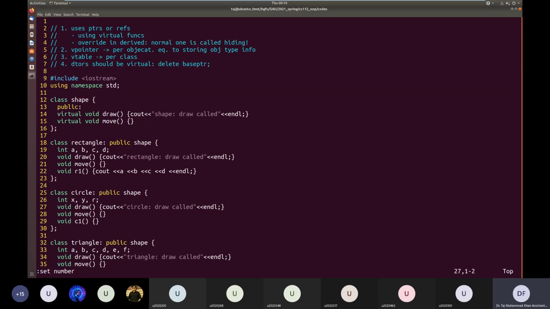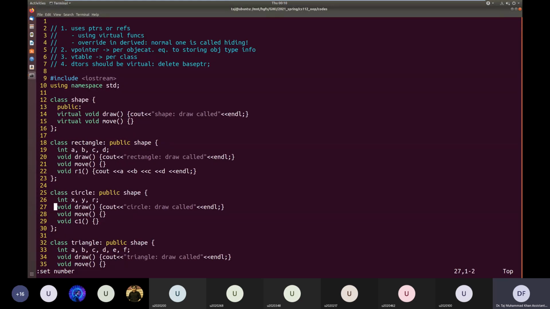It is not storing any data because shape does not have any length, width, height, radius, etc. Similarly, the interface of the class Shape is basically the draw function. Here we are printing in the draw function just to show something. But if you had to implement this draw function for the Shape class, you won't know how to implement it, because Shape has no implementation. You don't know what to draw.